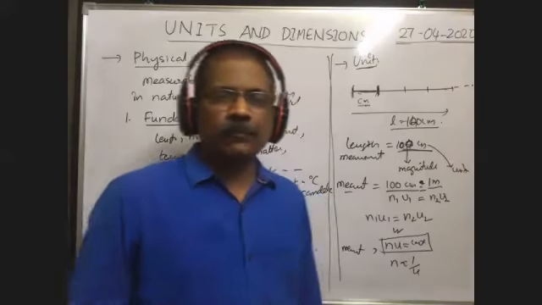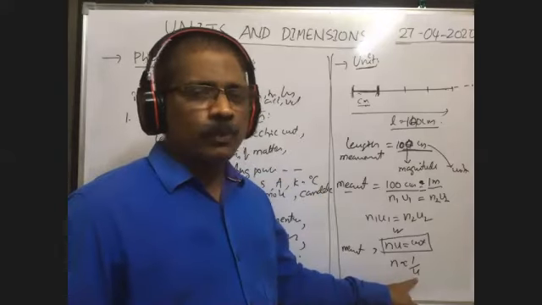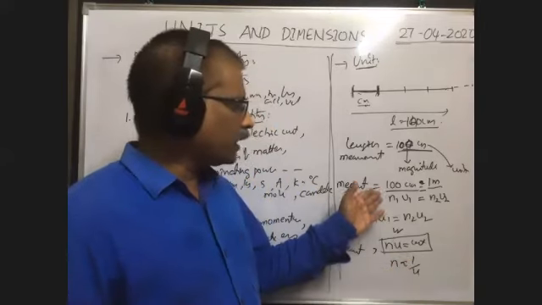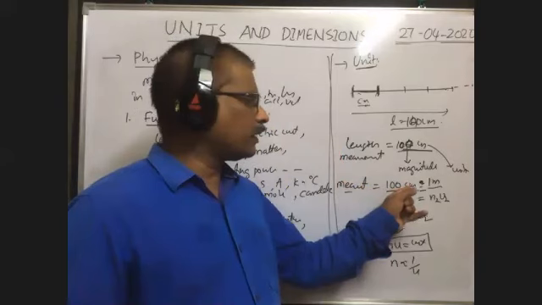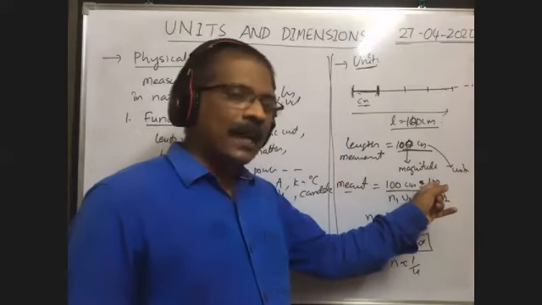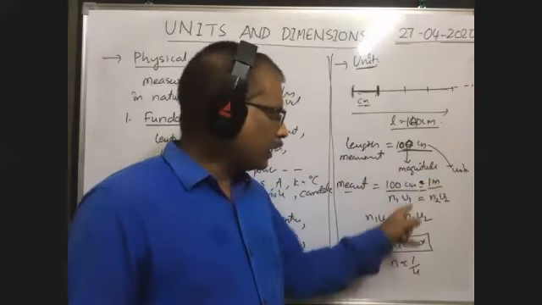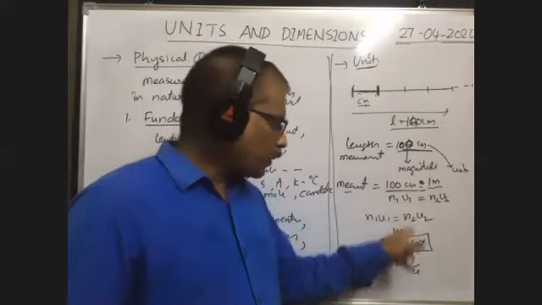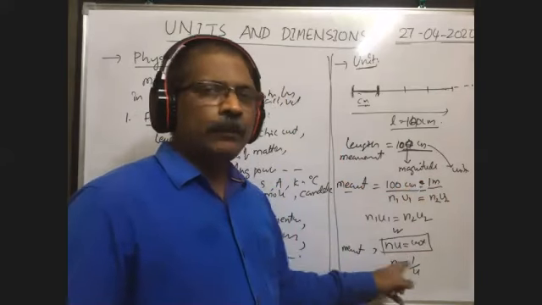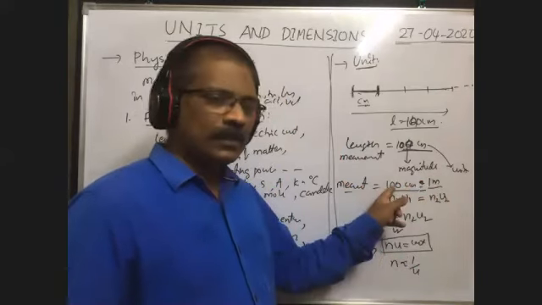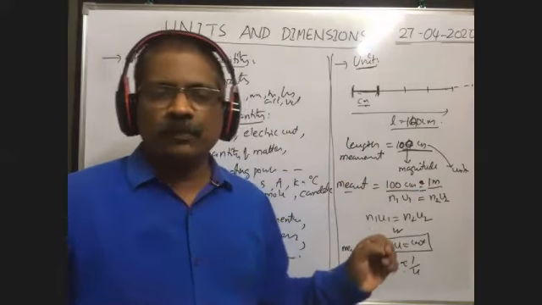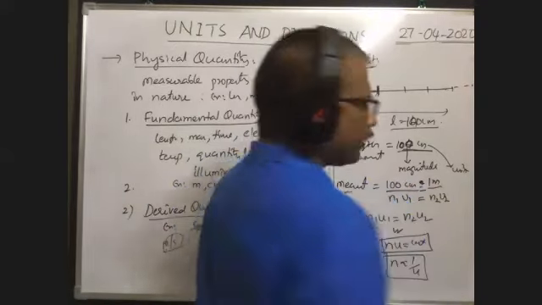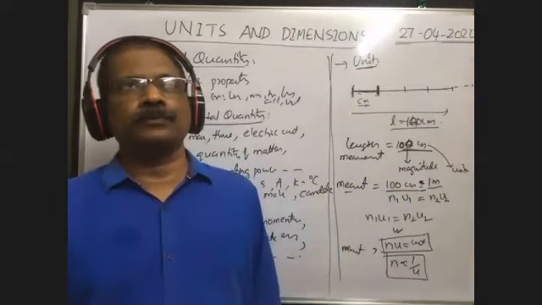If the unit U is smaller, the magnitude is more. If the unit is larger, the magnitude will be less. You see here, the same measurement is measured in centimeter and in meter. Meter is the large unit. When the unit is large, the magnitude will be less, so here the magnitude is only 1. When U is small, the magnitude will be more. So N is more, isn't it? That's why the magnitude is inversely proportional to the unit. So this is the relation between unit and magnitude.